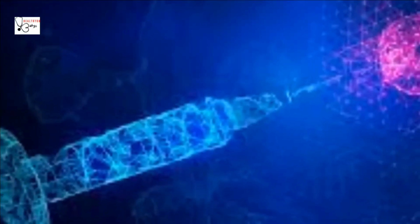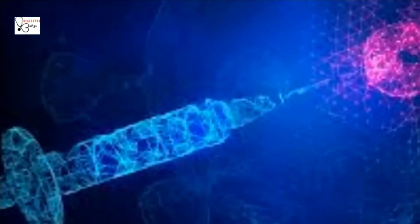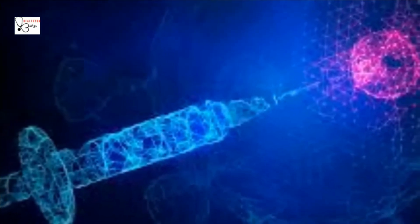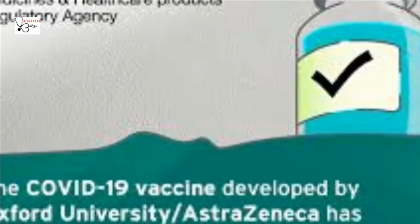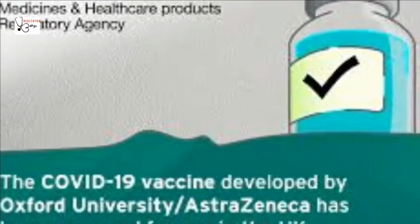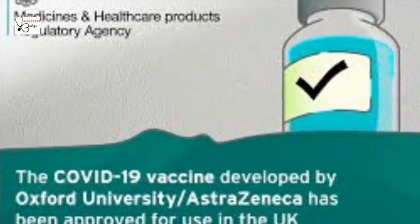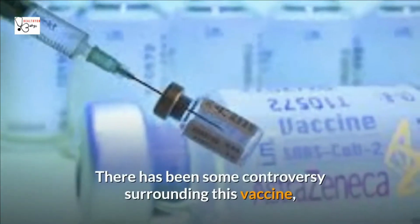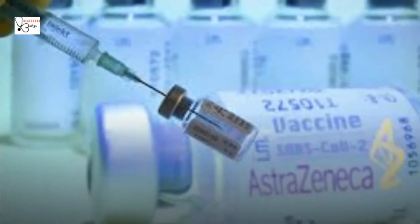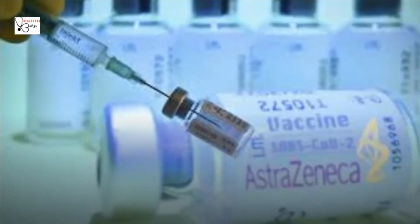Initial Phase 3 trial results were published in early December and investigated how well the vaccine worked in more than 11,000 of the nearly 24,000 people over the age of 18 enrolled across 4 trial groups in the United Kingdom, Brazil, and South Africa. There has been some controversy surrounding this vaccine, with dosing discrepancies in some study groups, and